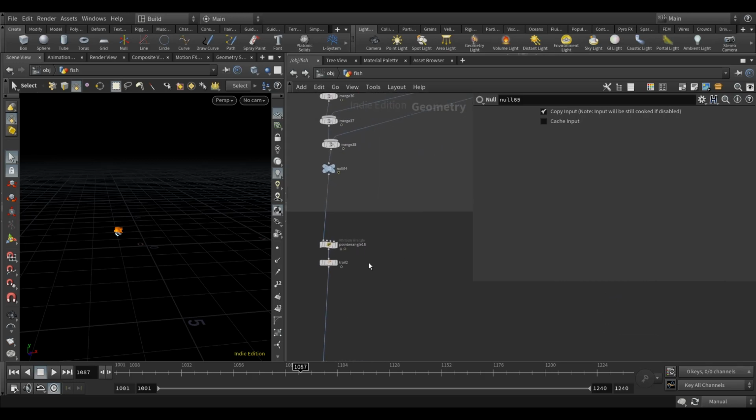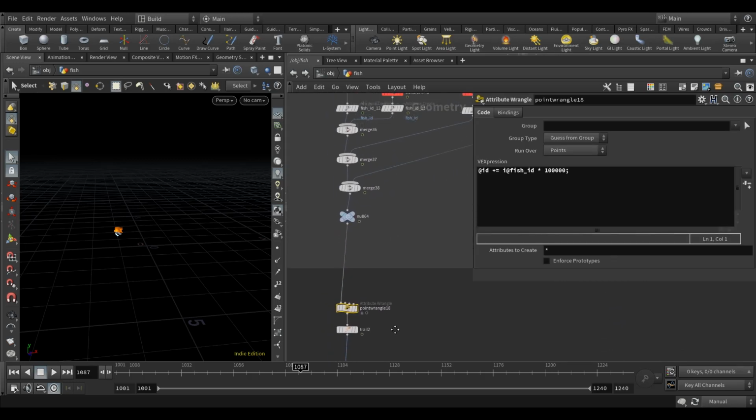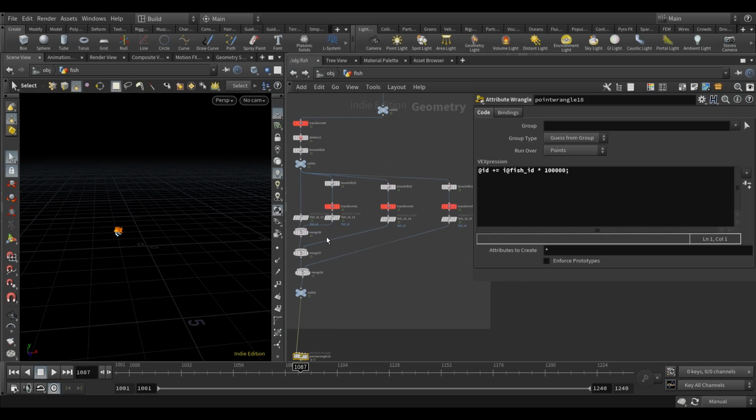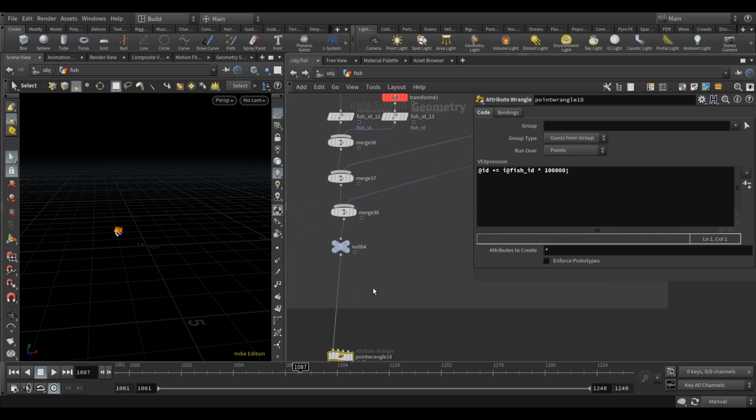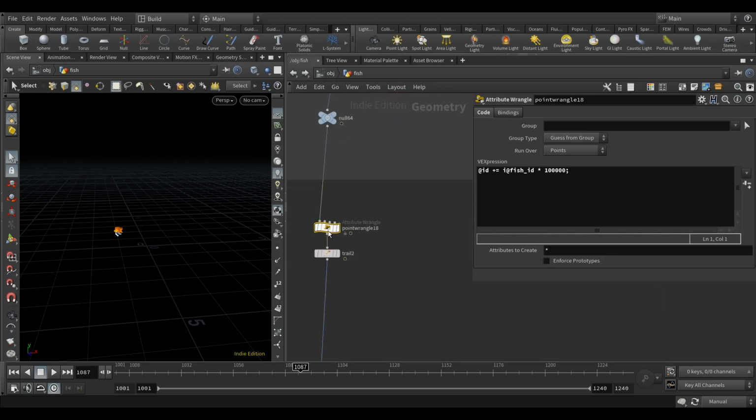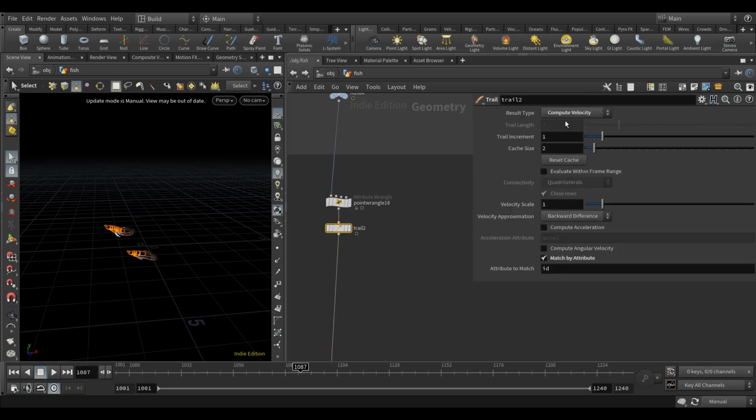So one thing you want to be careful about is, because we did 4 fish, and these points, when you render it, they need velocity blur. So make sure that you want to do something like this. So you want to use the ID to just add the fish ID on top. And then you can use the trail node to